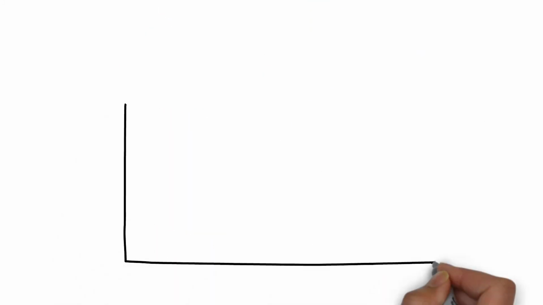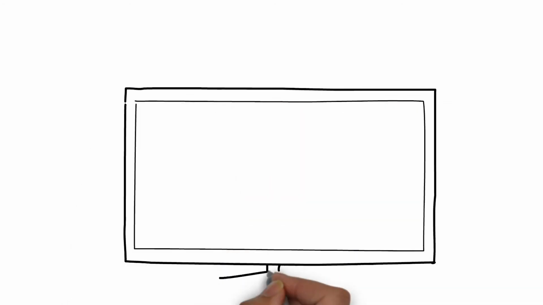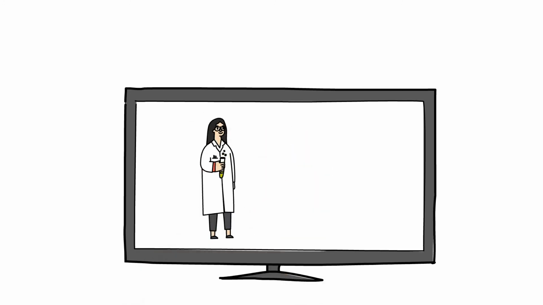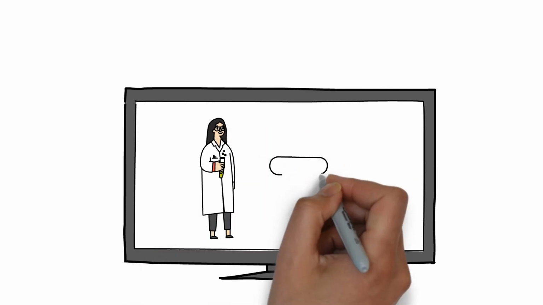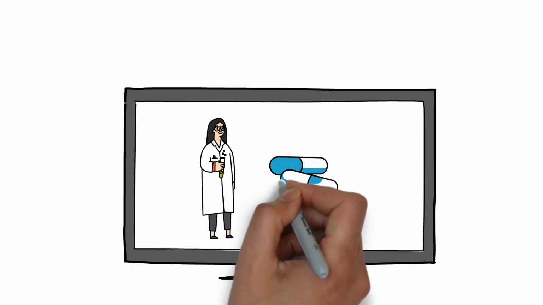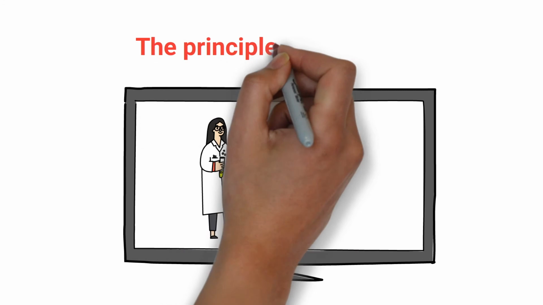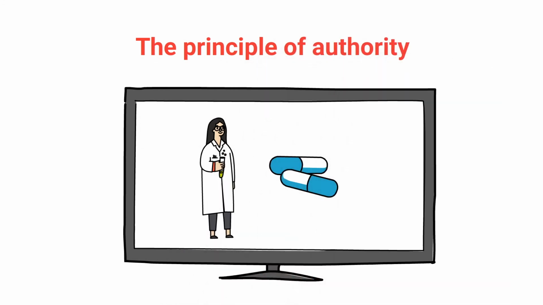The next principle you see every day on TV is an actor playing a doctor advertising drugs or something related to medicine. Although the actor is not at all versed in medicine, many will simply follow his authoritative advice. This principle is called the principle of authority. People are ready to do almost anything, following the direction of authority.